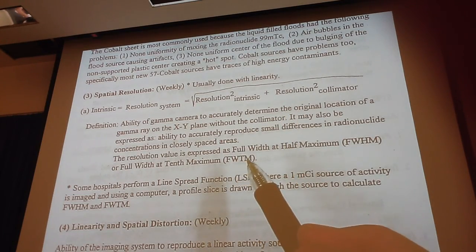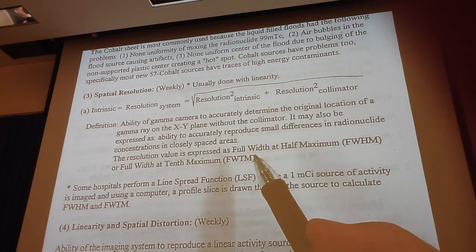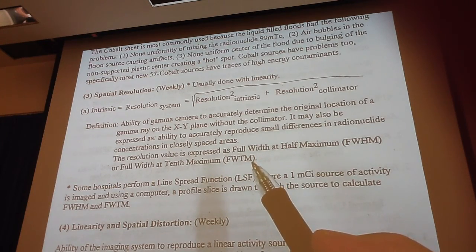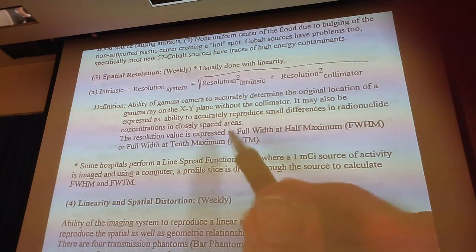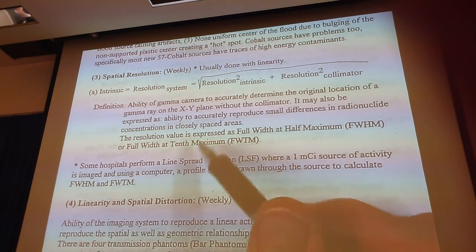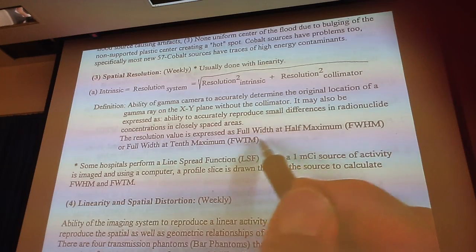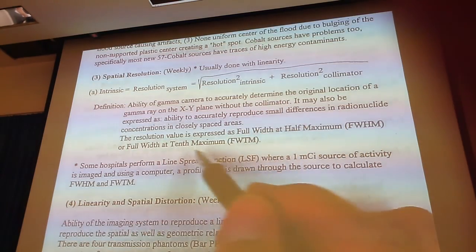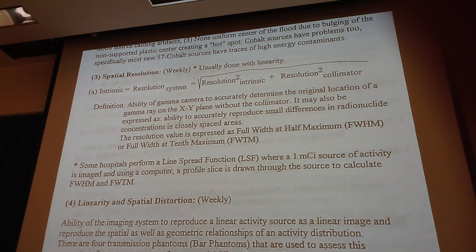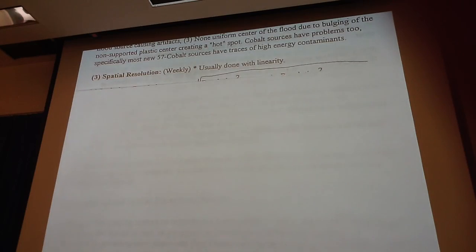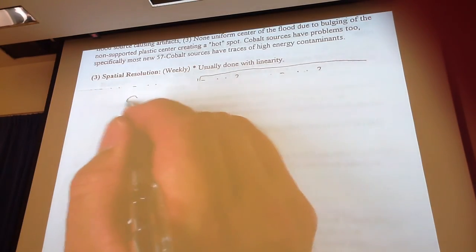Typically, I would say that our gamma camera should have a resolution of at least 1 centimeter, or around 1 centimeter roughly. But, okay, so there are a number of different ways that we do this. Resolution value is expressed as full width at half max, or full width at tenth max. Okay, let's talk about what that means. We have energy resolution,